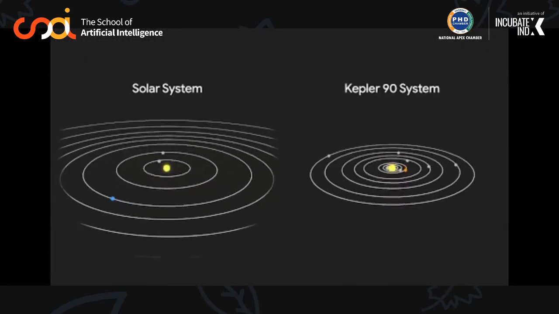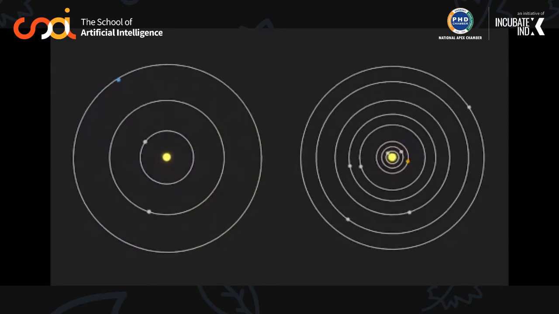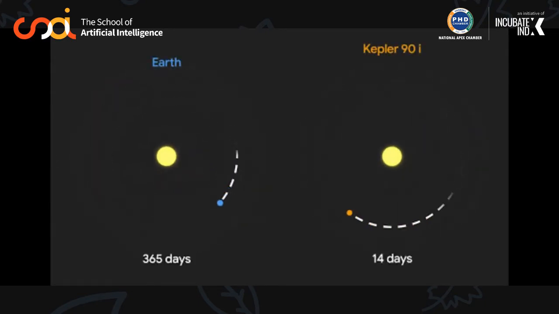They have recently discovered a new planet called Kepler 90I, making the first eight-planet solar system we know of, other